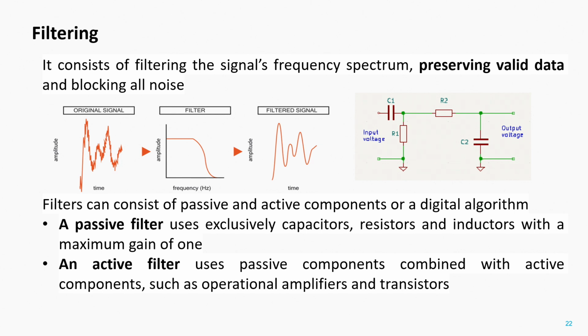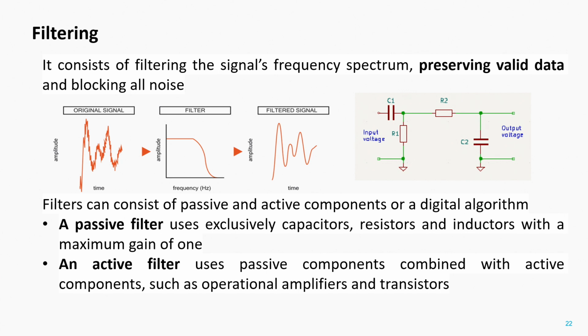You can see in the drawing in the middle of the slide that normally the original signal that comes out from the transducer is noisy, normally of high frequency. So with a filter with a frequency response as the one that you can see here, a low-pass filter, we can obtain a filtered signal that is much nicer and cleaner, so that it will be easier to process later. We can always find two types of filters: a passive one that normally uses exclusively capacitors, resistors, or inductors,